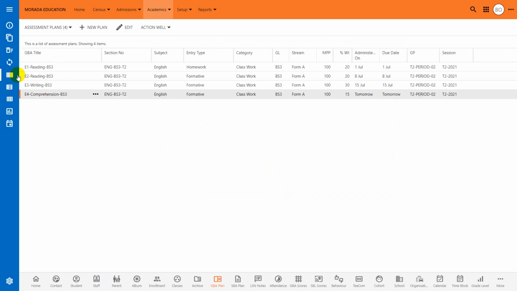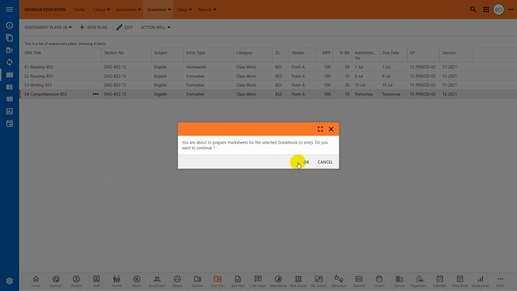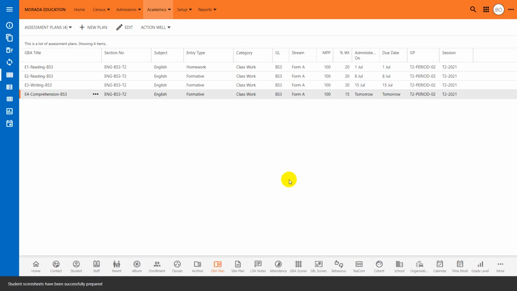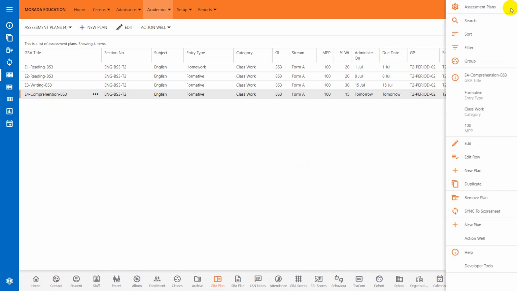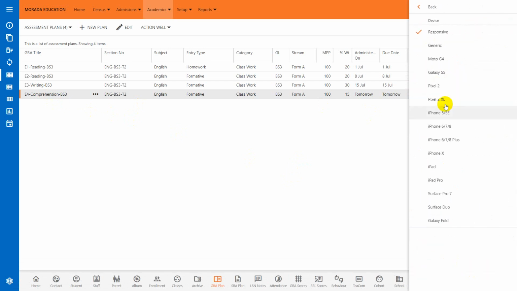Okay, so if I go back to my grid view, let's assume that I've conducted my assessment now. I'm making an assumption, so I'm ready to capture my score. So I can go in and then click on sync to score sheet. Okay, right now this is exercise 4. What I would like to do is I'd like to go into